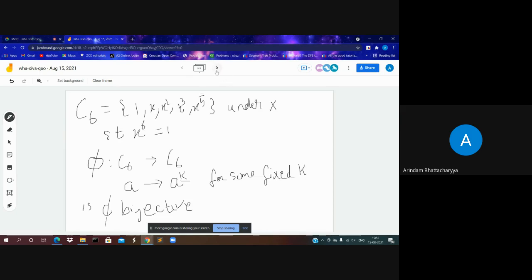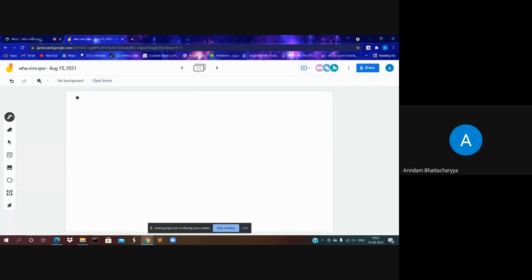So, for example, let me take k equals 2. 1 goes to 1 squared, x goes to x squared, x squared goes to x to the power 4. Interestingly, x cubed goes to x to the power 6, which is the identity, and the rest of the elements,